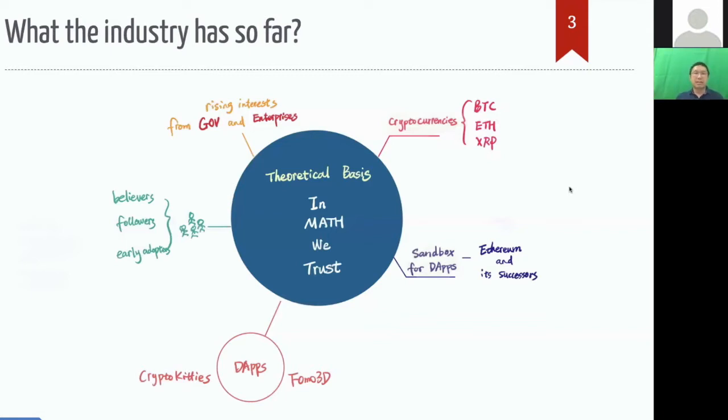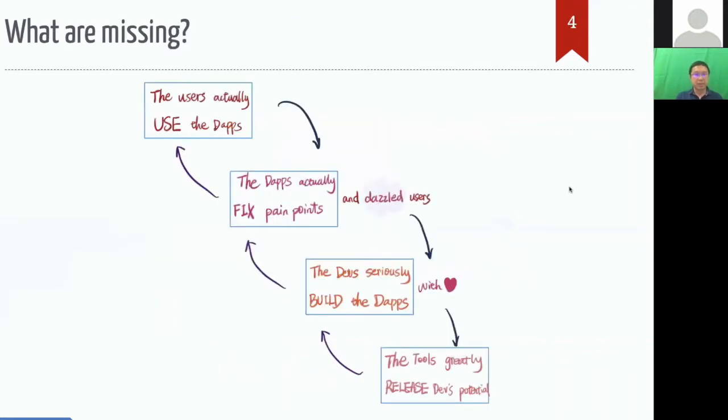And last but not least, the government and enterprise are beginning to embrace the blockchain world. They found various use cases which could potentially be solved by the blockchain technology. So we are in good shape in terms of the marketing position. But